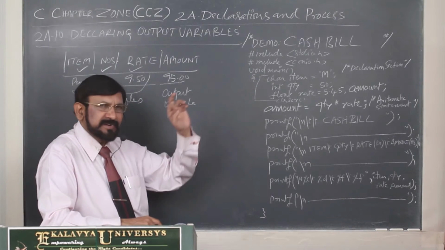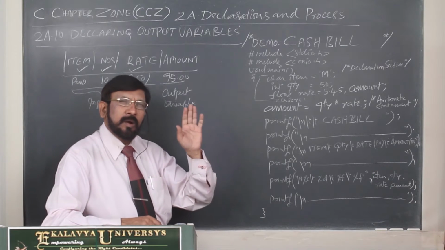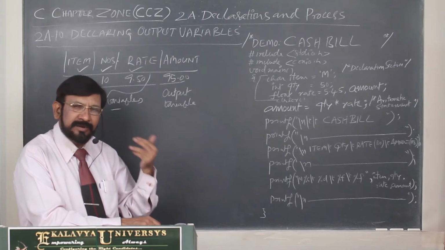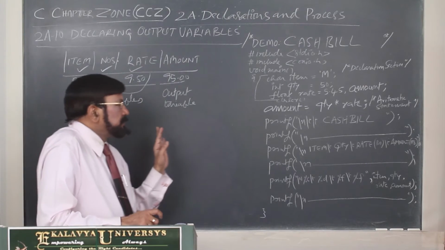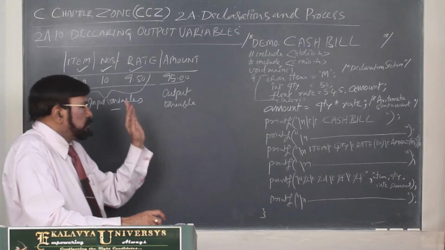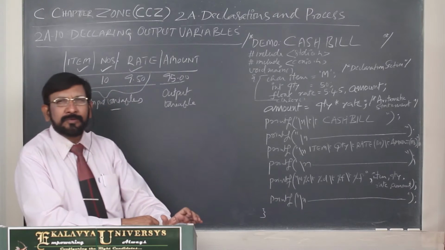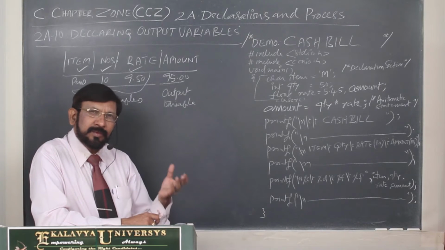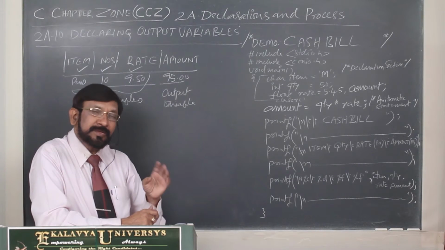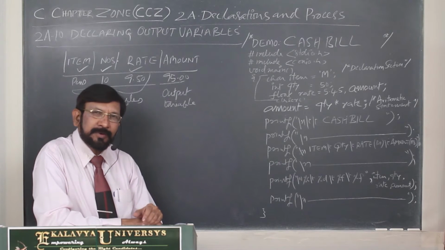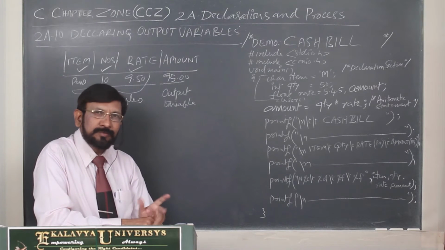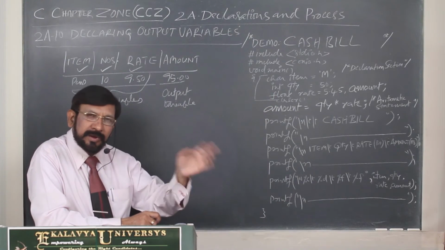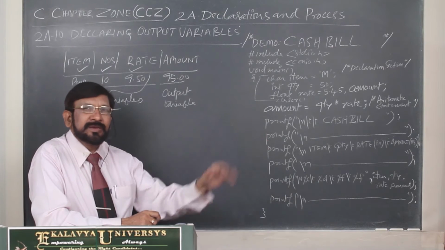In the declaration section itself, you must declare all the variables regardless of their number, their nature and even their type. Okay, that point you understand. Now, the output variable. If we have to declare any variable, what information do you require? You require its type. What is the appropriate type for that? Number 2, what name you have to give. Two things mainly you have to know regarding the output variable, then only you can declare it.